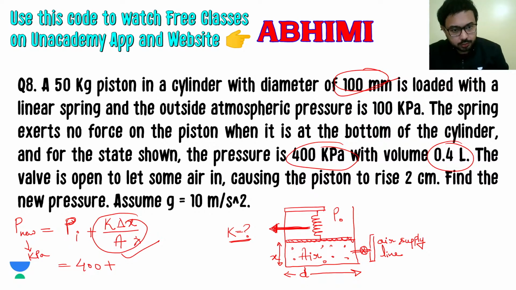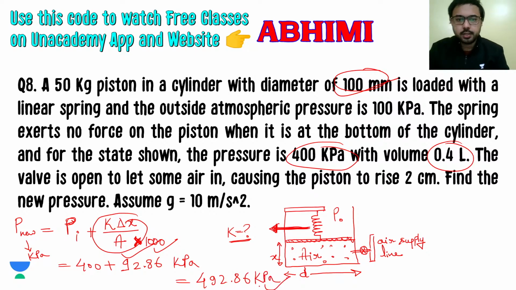So let's multiply by 1000 to make this into kilopascal. So it is 92.86 coming in kilopascal. So your final answer will be 492.86 kilopascal as the new pressure when this piston is rising by 2 centimeter after this valve is open to let some air in. And G is taken as 10